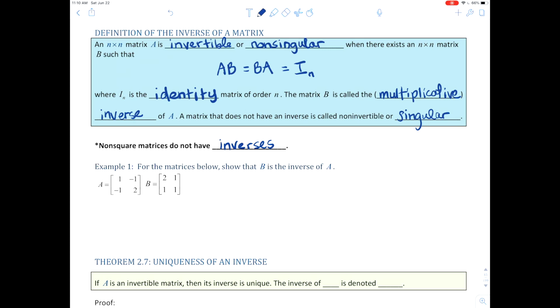All right, let's look at example 1. For the matrices below, show that B is the inverse of A. Well, one way a person could do that would be to find the inverses and see if they're the same. Or what else could we do? Beautiful. Multiply them together and see if we get the identity matrix. In this case, it would be the identity matrix of order 2. All right, so A times B will be